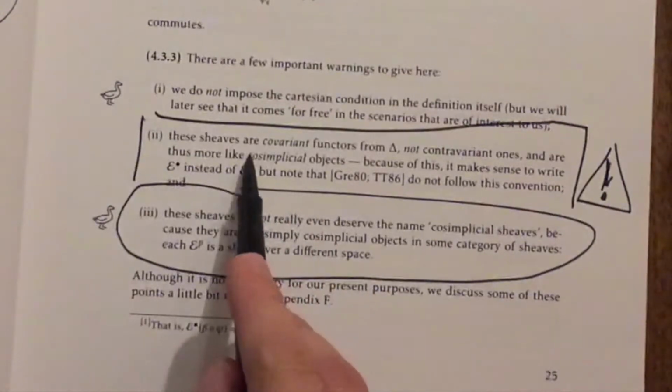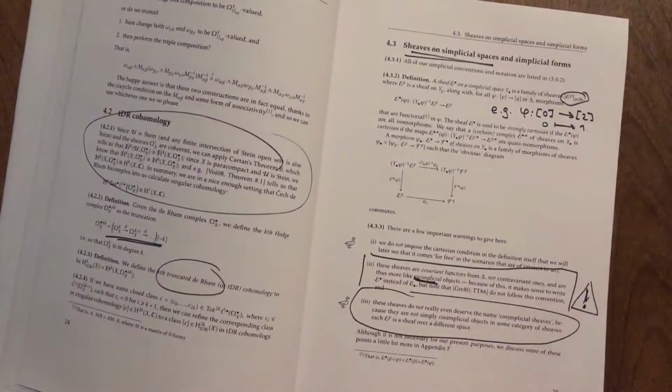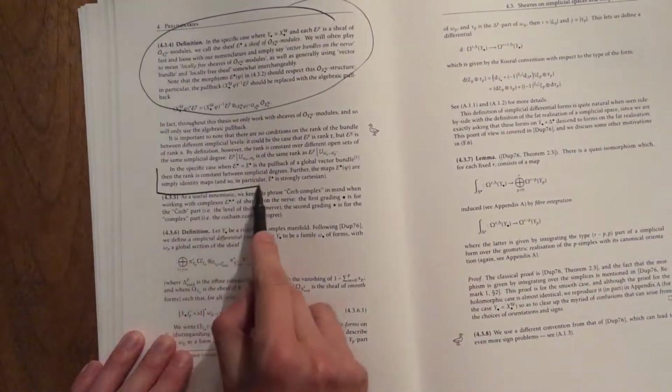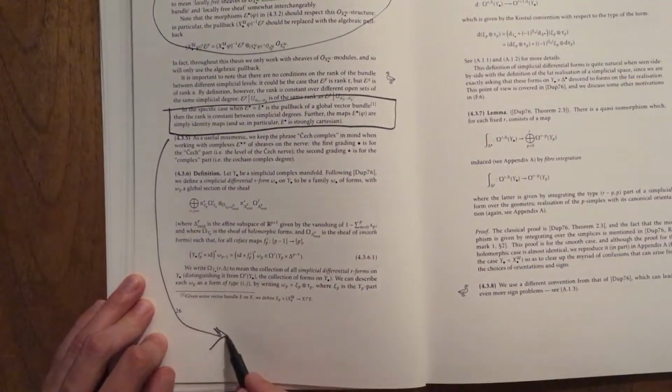If anything, they would be cosimplicial, because they're covariant with respect to the abstract syntax category. So we're just going to stick to saying sheaves on the nerve, even if it is a bit long-winded. An important and even prototypical example of a sheaf on the nerve that really motivates this definition is given by pulling back a sheaf on X along the map from the Čech nerve to X.